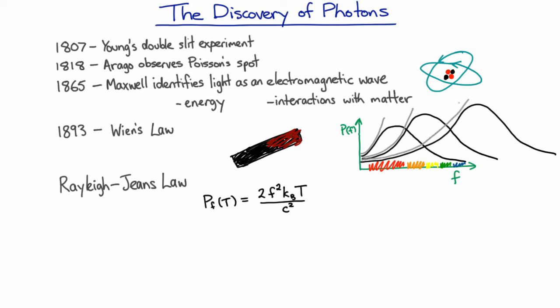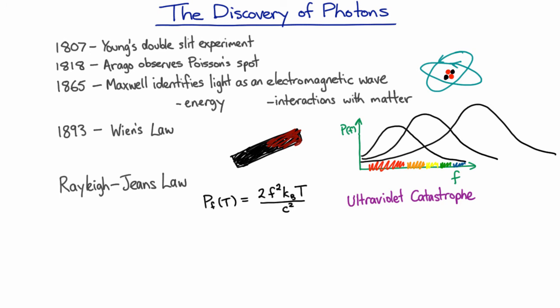And the second thing is that it's obviously wrong because it grows without bound. You can see that as the frequency goes up, more and more power comes out without bound. And so there's this infinite amount of power coming out at high frequencies. And this is called the ultraviolet catastrophe. And it was called that simply because the Rayleigh-Jeans law was quite accurate for low frequencies like infrared or visible frequencies, but went spectacularly wrong in the ultraviolet regime and above.